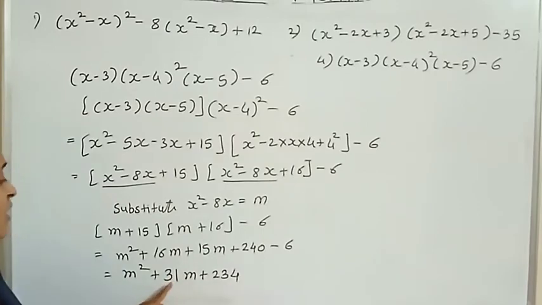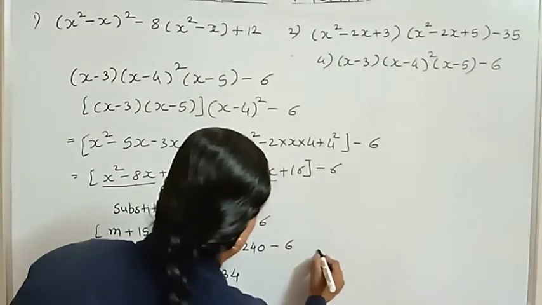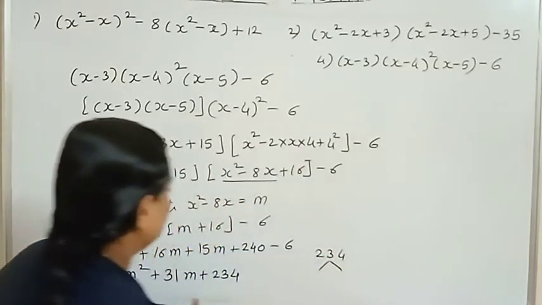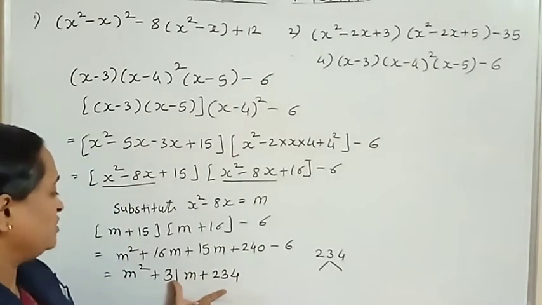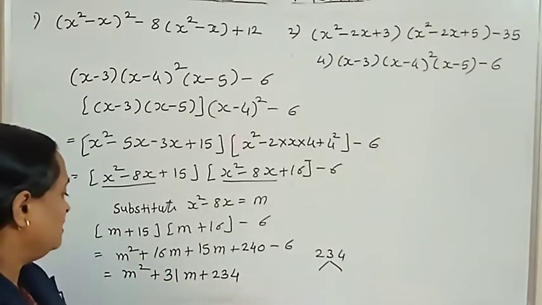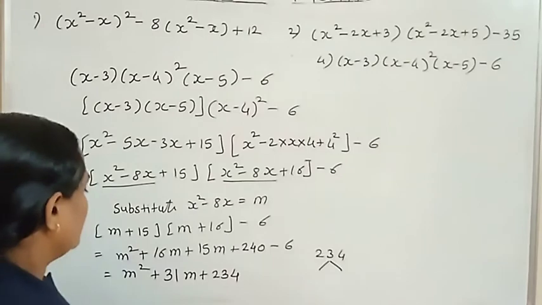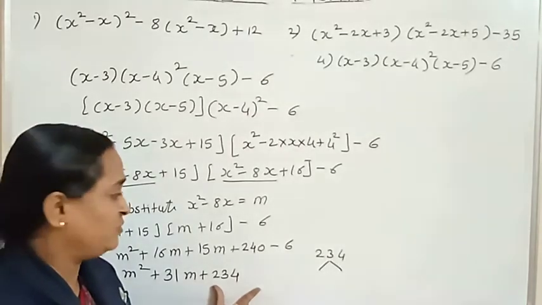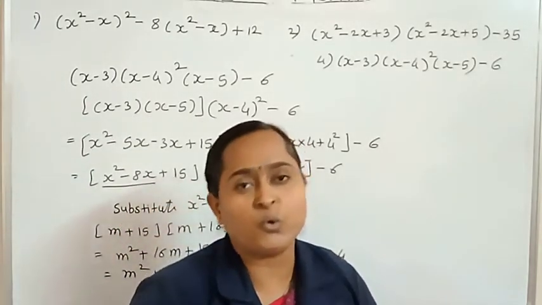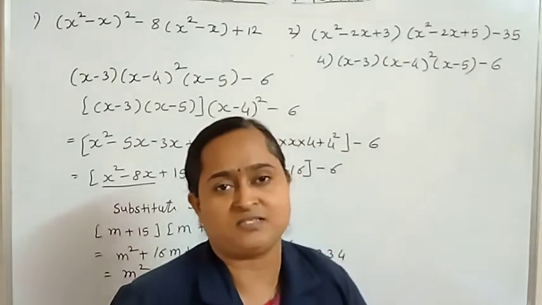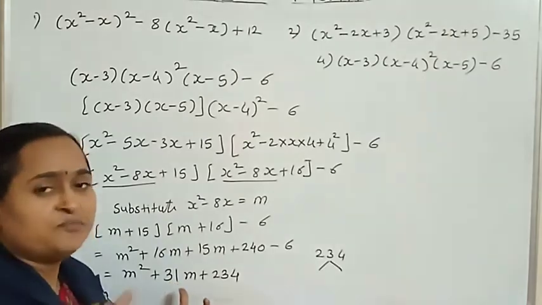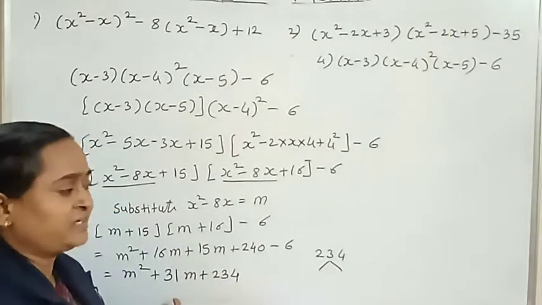Multiplication 234 and addition will be 31. Now we want two numbers. Find two numbers whose multiplication will be 234 and addition will be 31. Now we have to find those numbers. Suppose big numbers are here like this, 234, and factors you will not get easily. Suppose you don't know the table either, how to find the factors whose multiplication is 234 and addition is 31, then for that I am telling you a simple trick to find the factors.